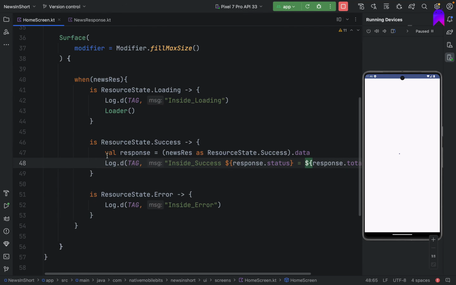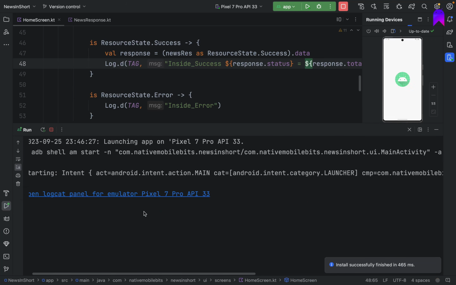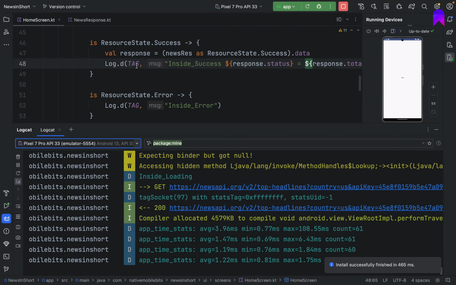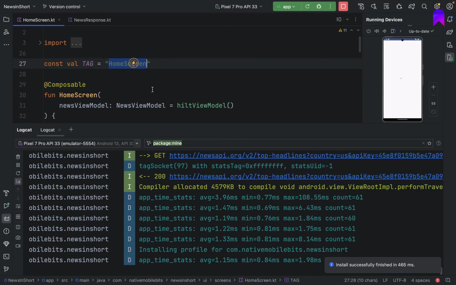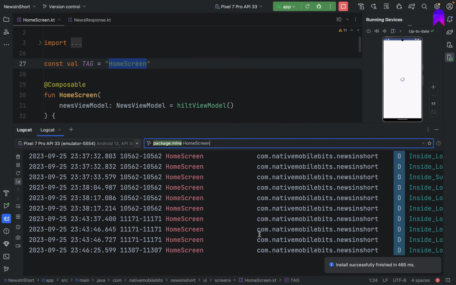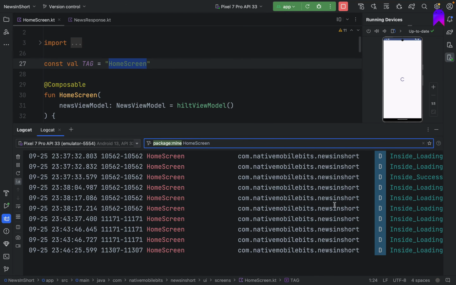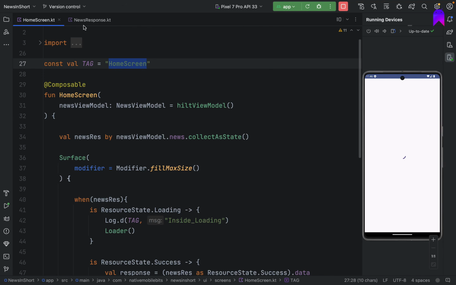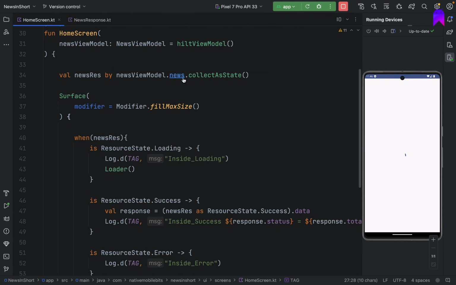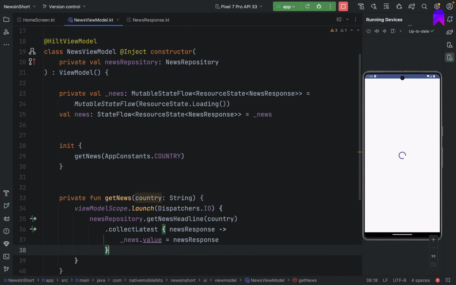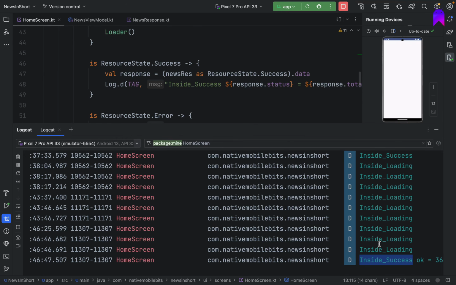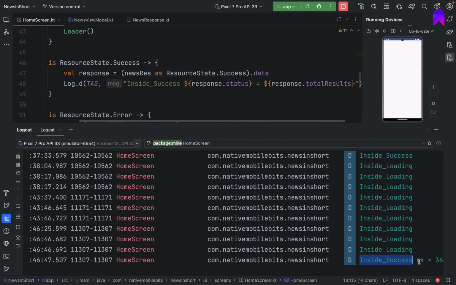This is fine. Now let's try to run the application once again. Let's see if we are getting some kind of data here. So if we just add this home screen here, we are just getting loading continuously. Why? Because we have not uncommented this. Okay, now we are coming inside this success block and we are getting status as OK and total result is